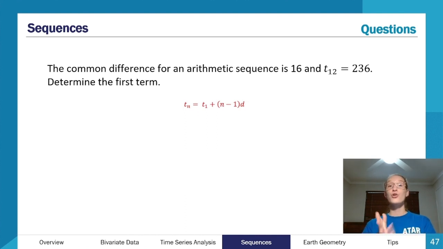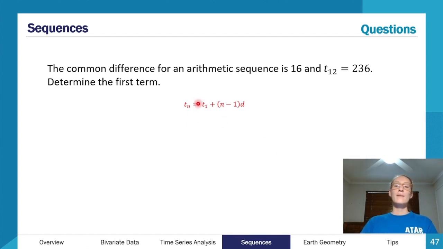Well, I know I could work backwards using recursion. So I could put into my calculator 236, and then subtract 16 and enter back until I calculated that I was back at term 1. But to do that a bit more mathematically and show my working, I'm going to use the general rule, which is the definition I have here. And I'm going to substitute in what I know, and then I'm going to work back to find out what